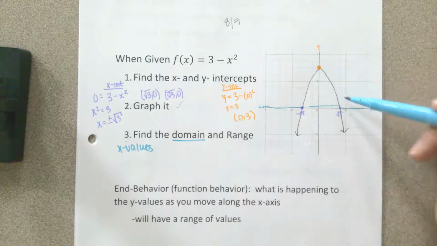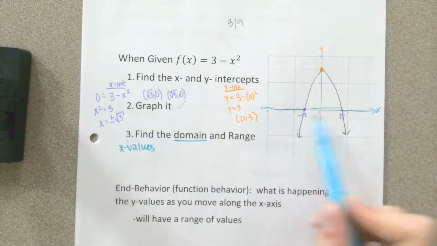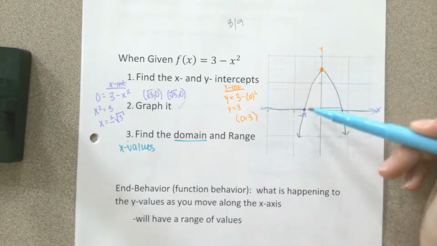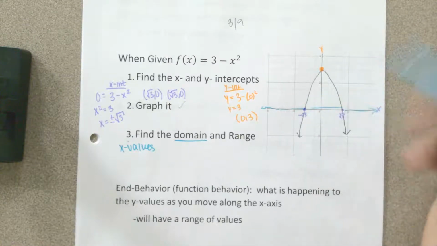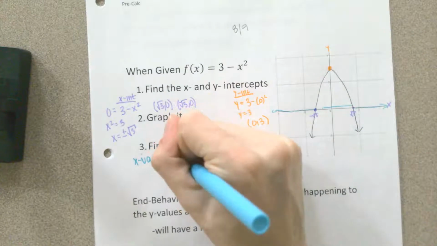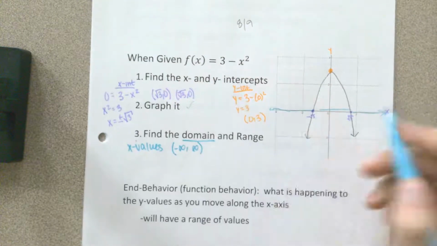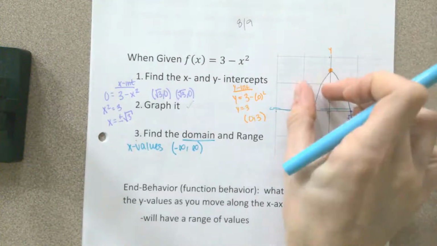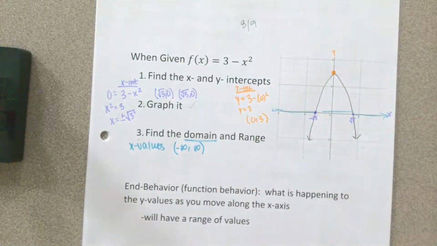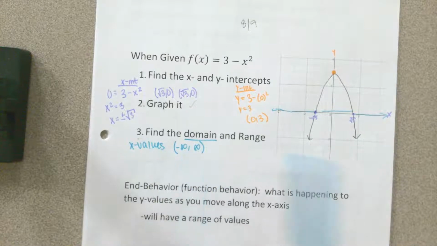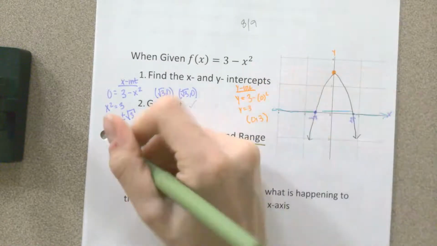Same with this way. So looking left to right, eventually this graph right here is going to touch all x values, okay? It's just going to keep expanding until we hit all the x values, right? So our domain is negative infinity to infinity,